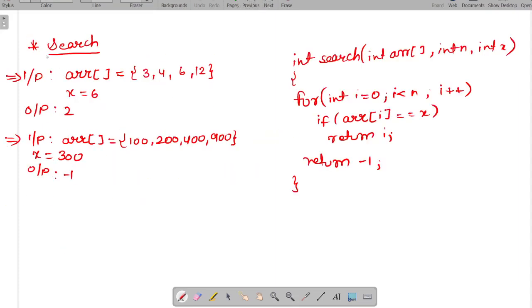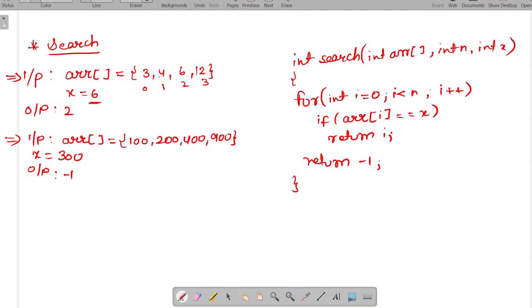So the first operation is search. Let's consider an example first. We have an array with elements 3, 4, 6 and 12, and now we have to search for the element 6 in this array. Let's suppose the indexing is given as 0, 1, 2, 3. First of all it will search from the first element, so it will not find it.